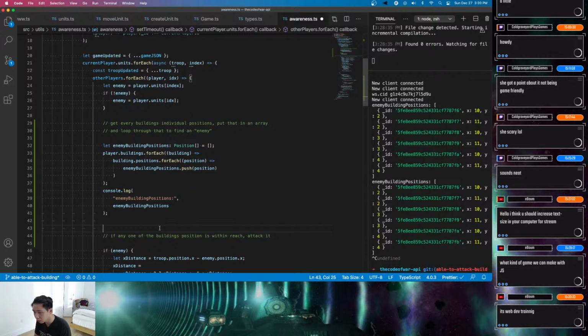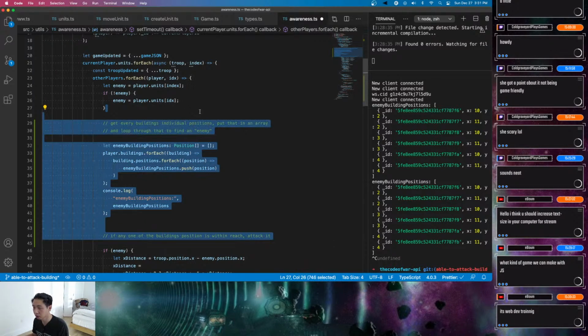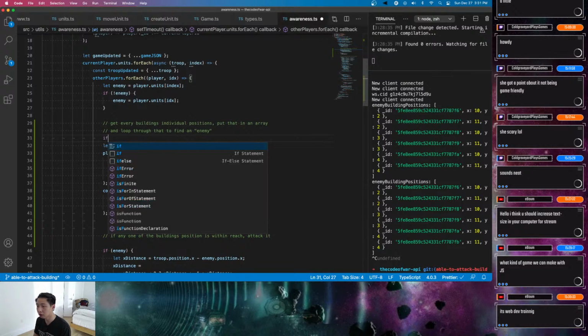So if any one of the building's position is within reach, attack it. If no enemy, this could also go in that. So if after that we still have no enemy,